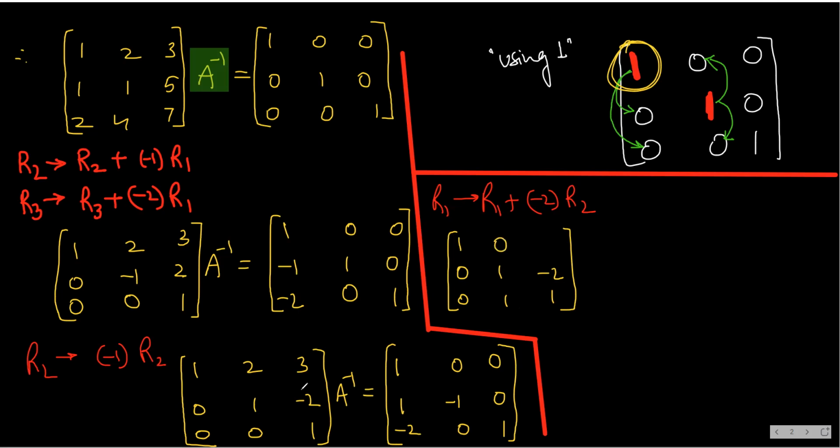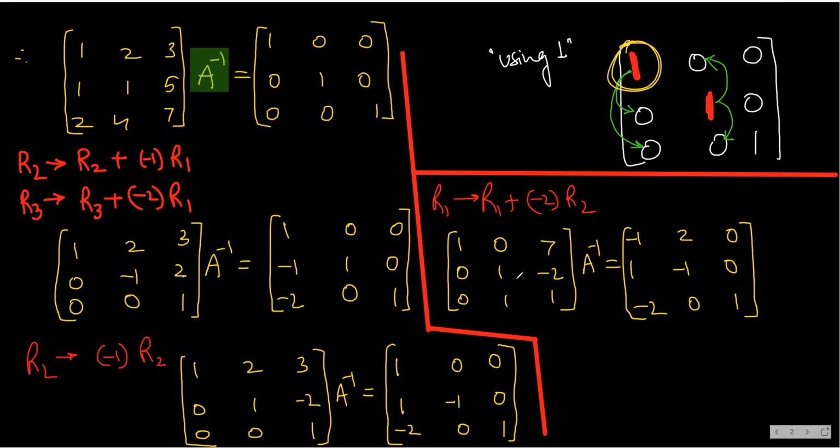This is 0. Multiply minus 2 here. So this will become 4. 4 when you add, you get 7. Okay. Now A inverse as it is. And here see, again, R2 and R3 remains as it is. 1 minus 1, 0. Minus 2, 0, 1. And then what? Multiply minus 2 and add it, so you get minus 1. Multiply minus 2 and add it, so you get 2. Multiply minus 2 and add it, it will remain 0 only.